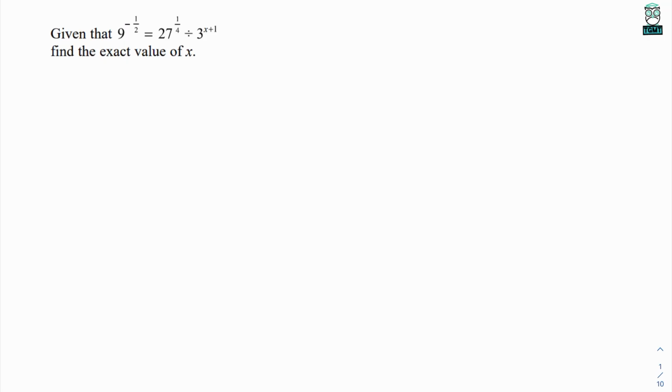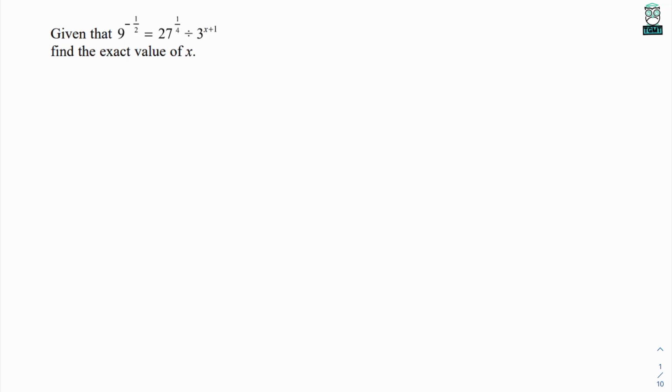Now, with these types of questions, the first thing that we need to look at is the base numbers. As we already know, when it comes to indices, if the base number, or a letter if it's a letter type of indices question, is the same, we can apply our laws of indices. So for example, if we had 3 to the power of 2 multiplied by 3 to the power of 5, you can add those powers and get 3 to the power of 7. But if that base number's not the same, you can't apply those rules. So we are going to be looking to make the base numbers the same,